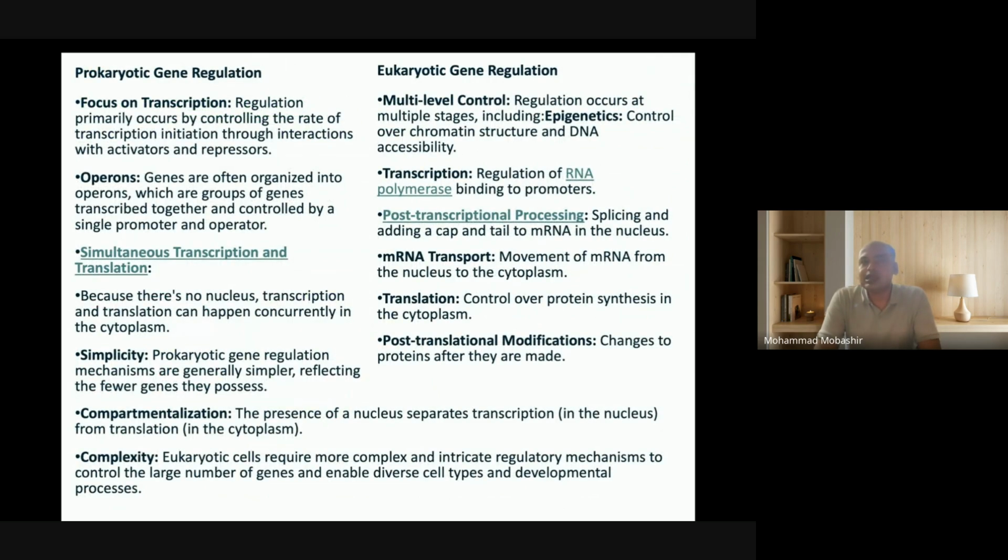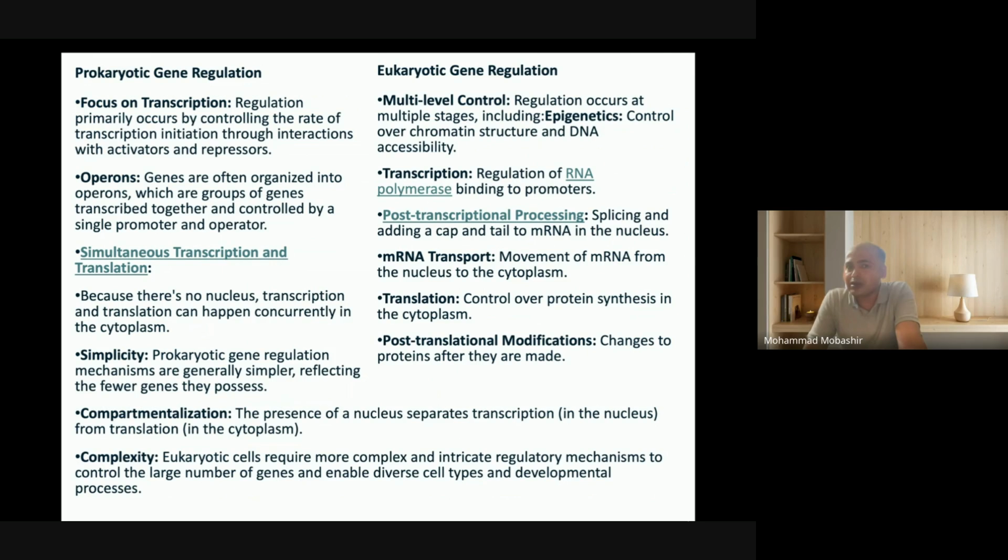Now, the details can be seen here. In case of prokaryotic gene regulation, they focus on transcription. For example, regulation primarily occurs by controlling the rate of transcription initiation through interactions with the activators and repressors. Operons, genes are often organized into operons, which are groups of the genes transcribed together and controlled by a single promoter and operator. While in case of eukaryotic gene regulation, multiple level control, regulation occurs at multiple stages, transcription,